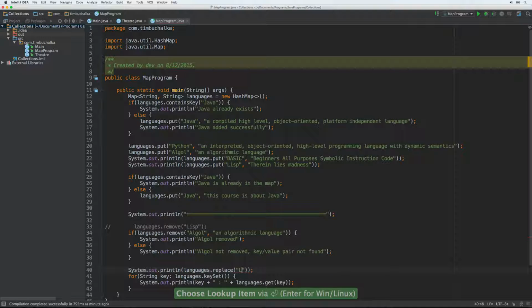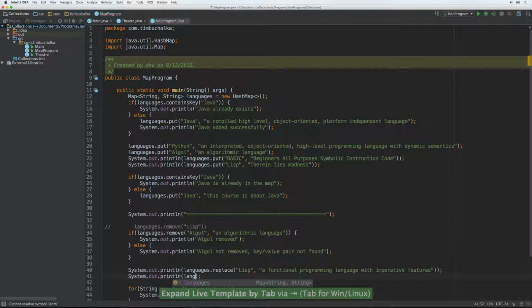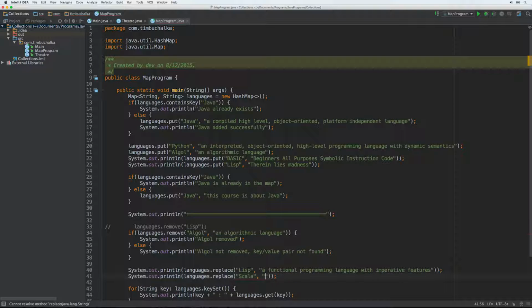Languages.replace Lisp. We'll do something like a functional programming language with imperative features. The first one, but also we'll add another entry as well just to confirm the results we get out of this. And we'll do something like System.out.println languages.replace, and we'll try scala. This will not be added, obviously, because scala doesn't exist, and we're replacing on the assumption that the key already exists. So if we run this,